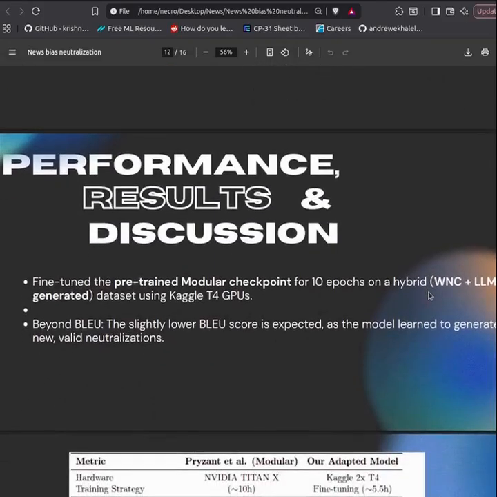Now, after training and evaluating this model, I considered the performance and the results I have obtained through it. As I mentioned, I fine-tuned the pre-trained model from the